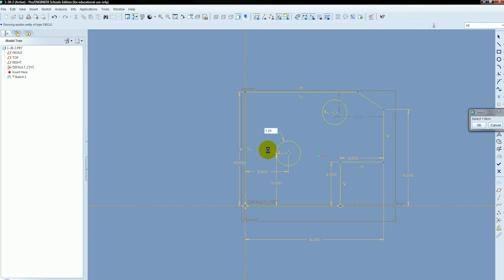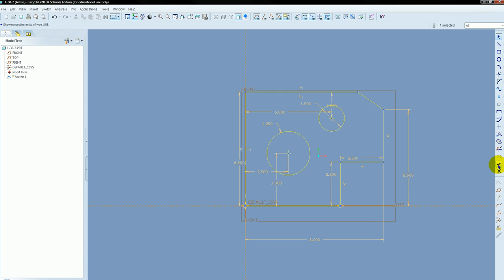This one right here from the edge is 5. So let me go ahead and select there and there. And put that in as 5. From the top it is 1.5. And if you see here, this R1, I accidentally made these two the same size, so I'll delete that and that'll give me a place where I can go ahead and put in the diameter dimension of 1.5 for the smaller circle. Now that I'm done with that, I can go ahead and click out of the sketch,